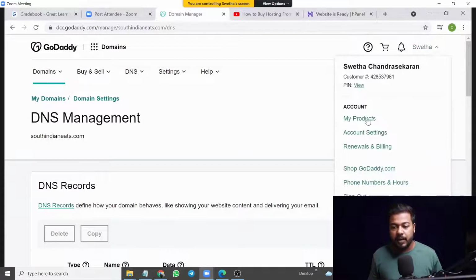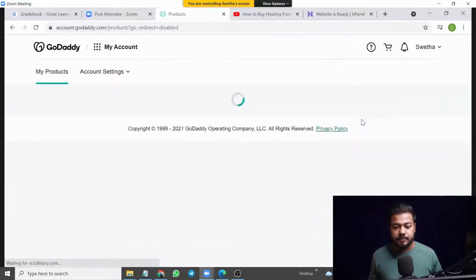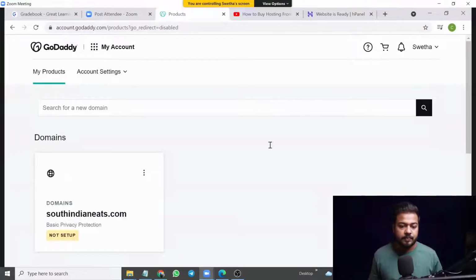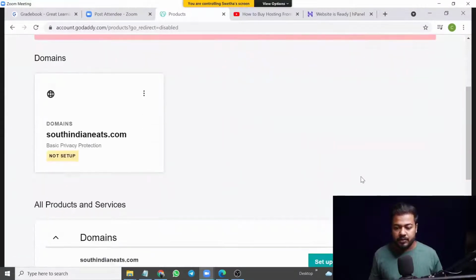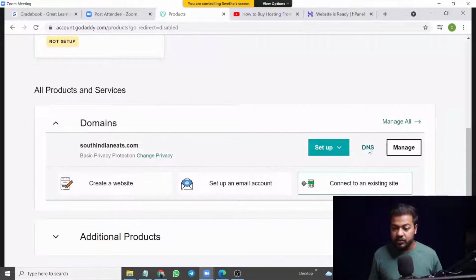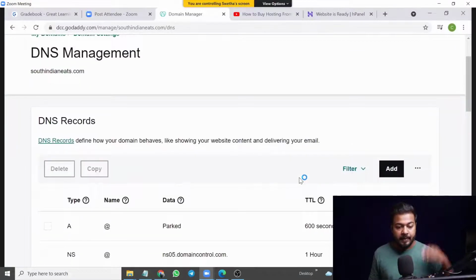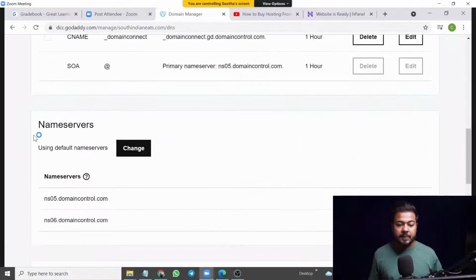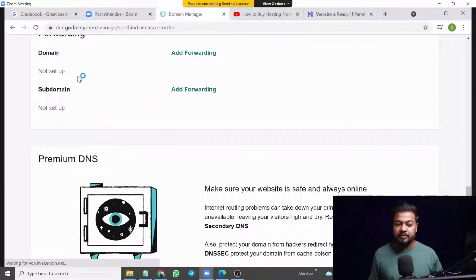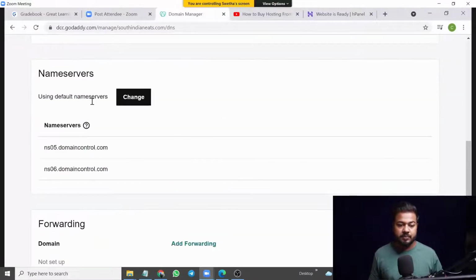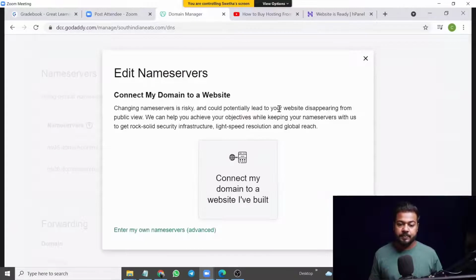Simply go to my products. Inside my products in GoDaddy, you need to go to DNS, right? At the domains section, you need to go to DNS. Scroll down until you find name servers. Right here, you can find the name servers. Press change, and here it will ask you to connect my domain to a name server.